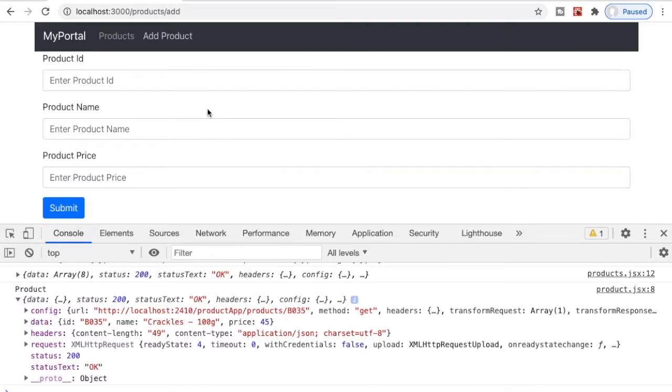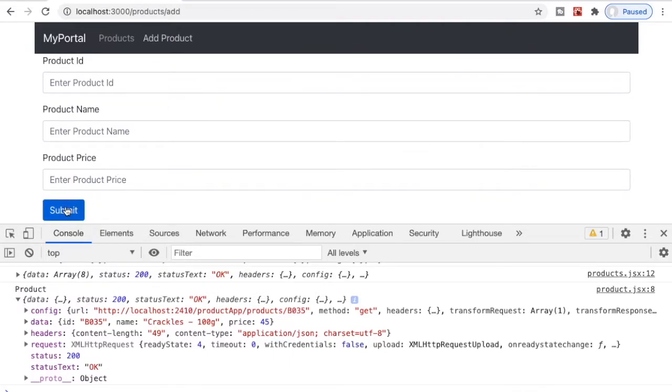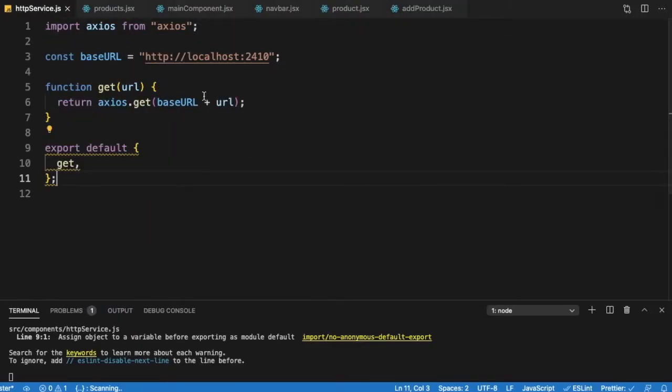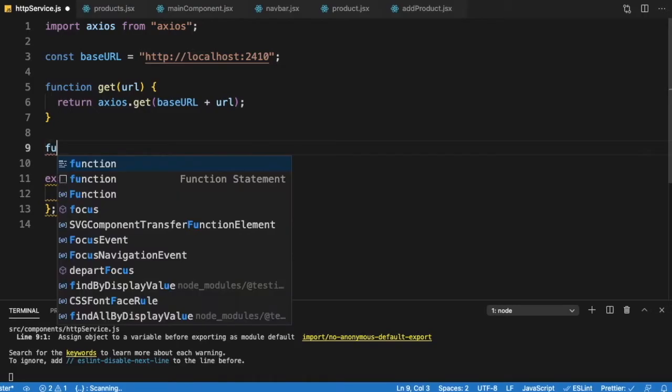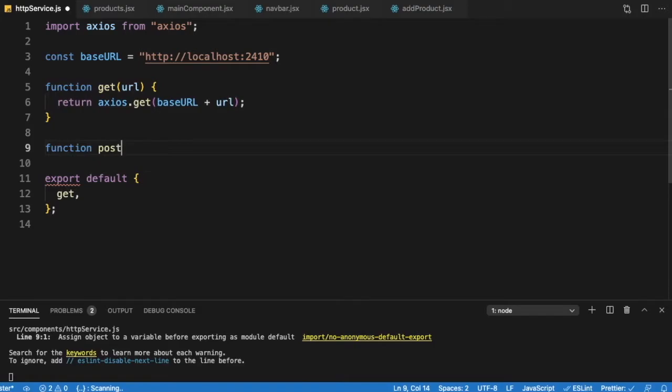It's a standard form. Now what do we want to do? When the submit button is clicked, we want to use the API to send this data to the server and then locally go to /products and fetch the new data and show it. The first thing we will need to do, we have not defined a post in our HTTP service. So in our HTTP service, let's define a post function. It takes a URL and it takes an object, the data it needs to send, and it will